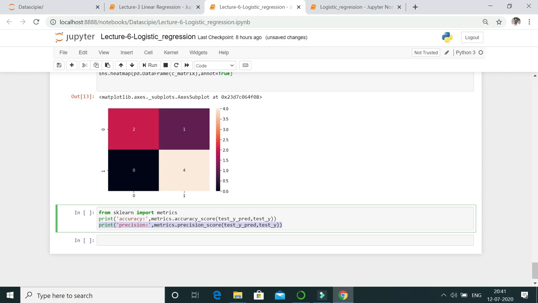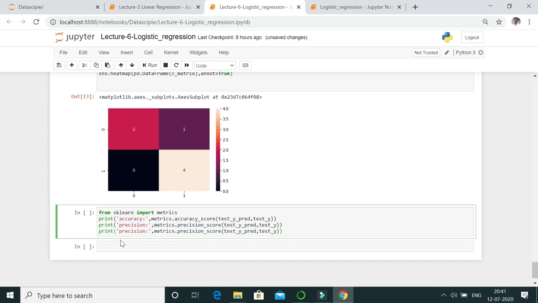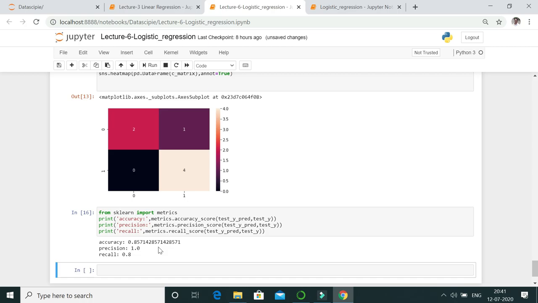Similarly, for recall, replace precision with recall. When we execute it, we get accuracy as 0.85, precision as 1 and recall as 0.8.